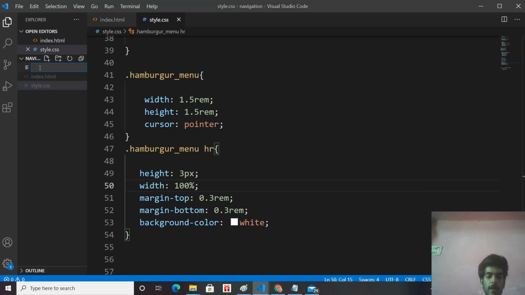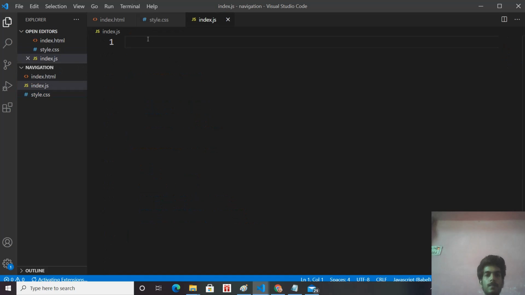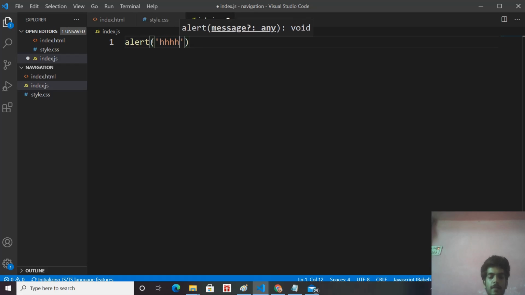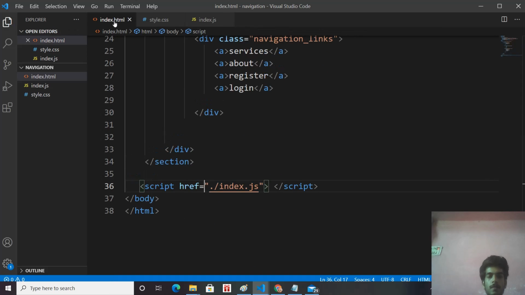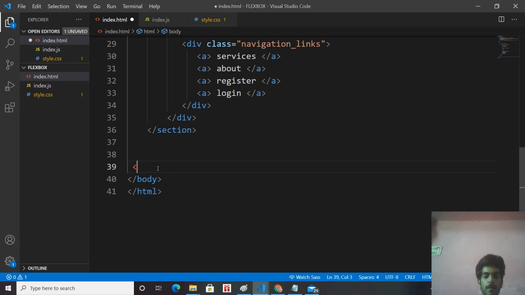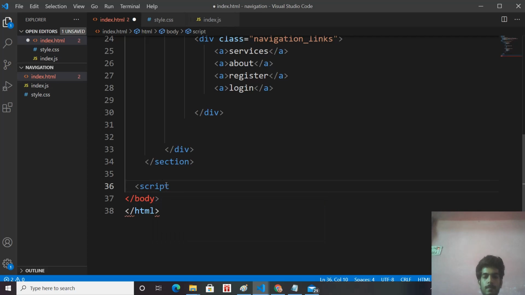Create an index.js file. In the index file, first give an alert so that we know our file has been added, and link our index file in the body tag. Let's set the script, and in the source attribute give the path name of our file.